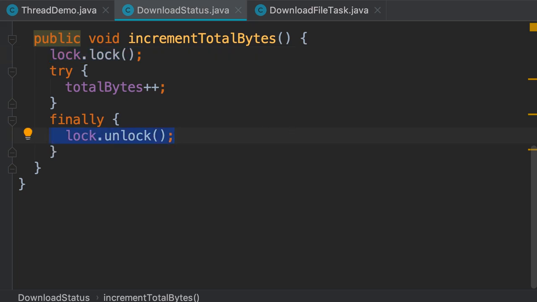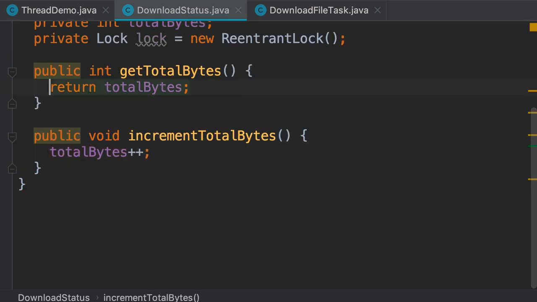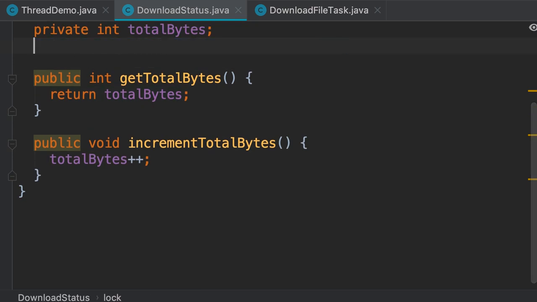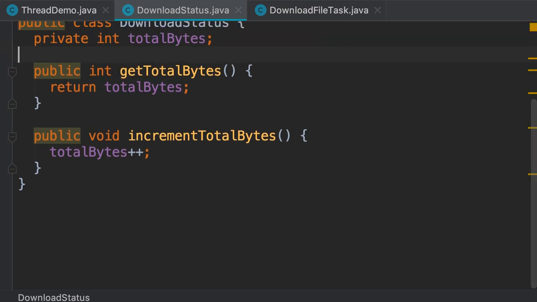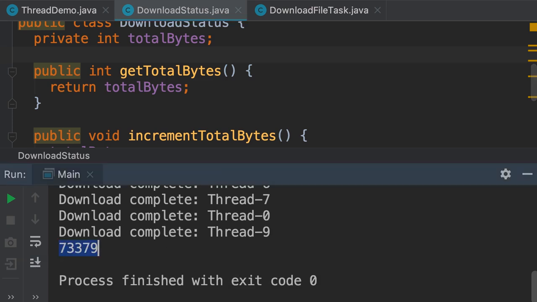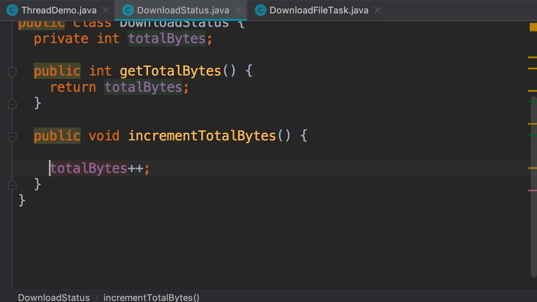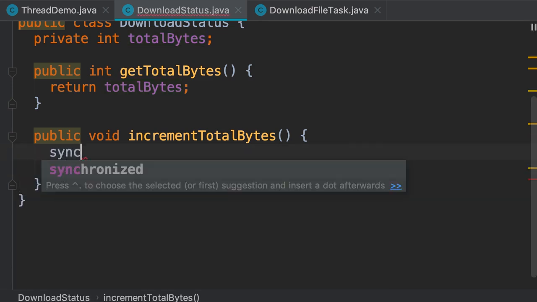Let me show you. First, I'm going to delete the code that we wrote in the last video. So delete and delete. We also don't need this lock object anymore. So if we run our program now, we should have a race condition. There you go. So to prevent this, we want to make sure that only one thread at a time can execute this piece of code. To do that, we wrap this inside a synchronized block,